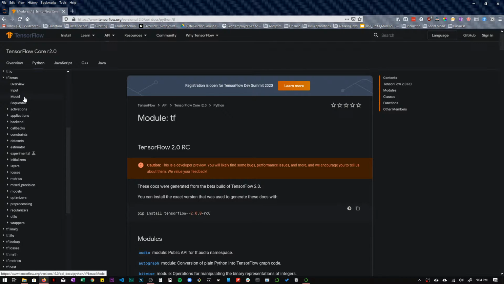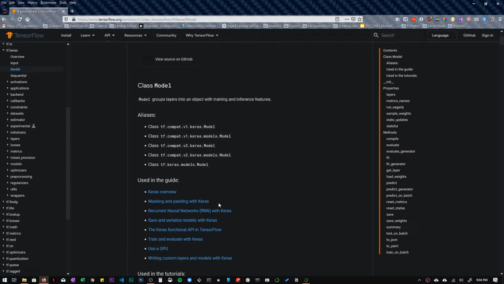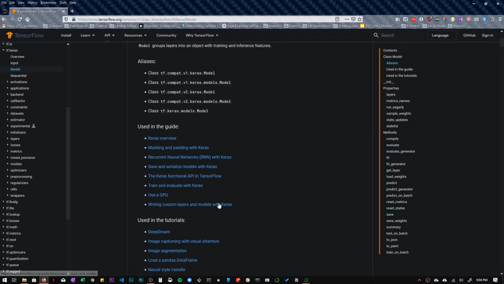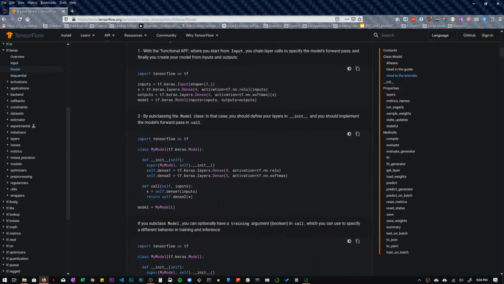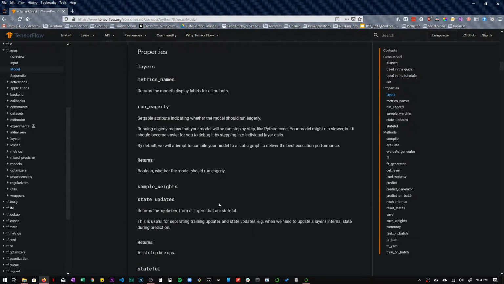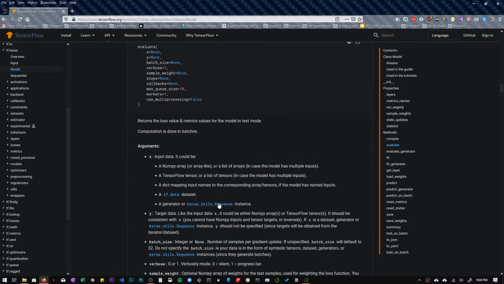Let's go to model right here, and let's scroll down and say model.predict. I was looking at this earlier, I just don't remember where I saw it. Model.compile, evaluate,